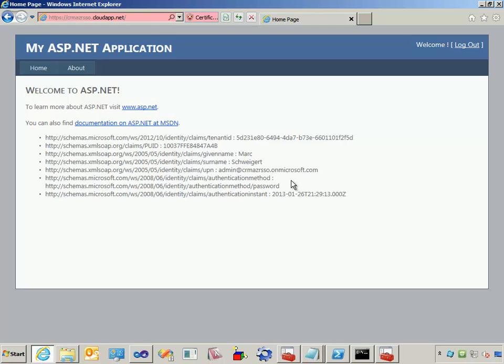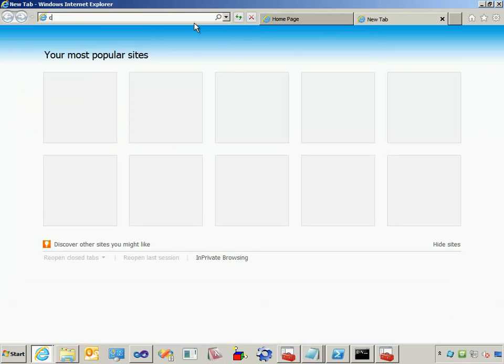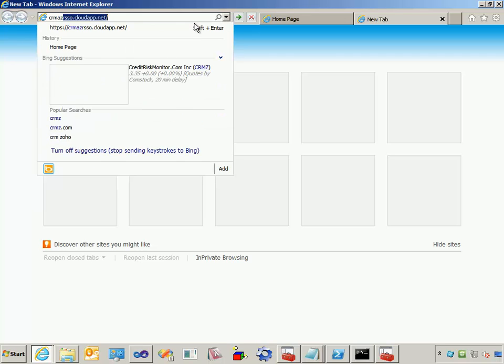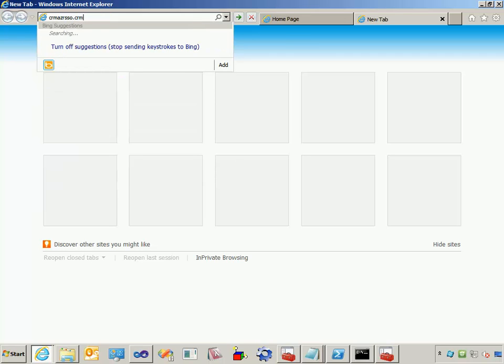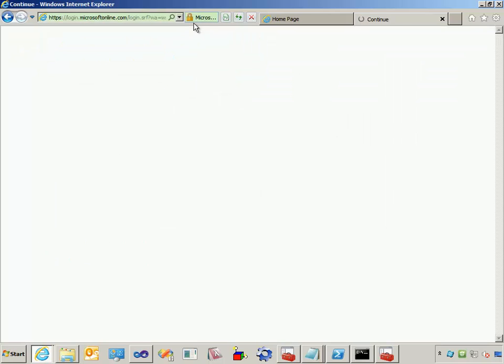And we just logged in to this ASP.NET website using my Windows Azure Active Directory account with my CRMAzureSSO.onmicrosoft.com domain. And so now how do you get single sign-on? Well, that's the great part. I'm already logged in. If I go to CRMAzureSSO.crm.dynamics.com, I haven't in this browser session logged in to that site yet, but because this is configured for SSO,